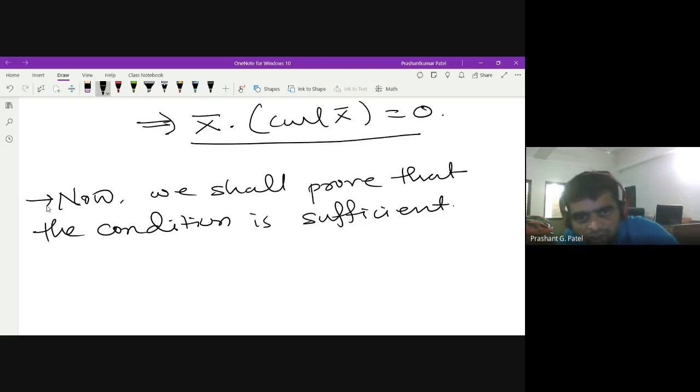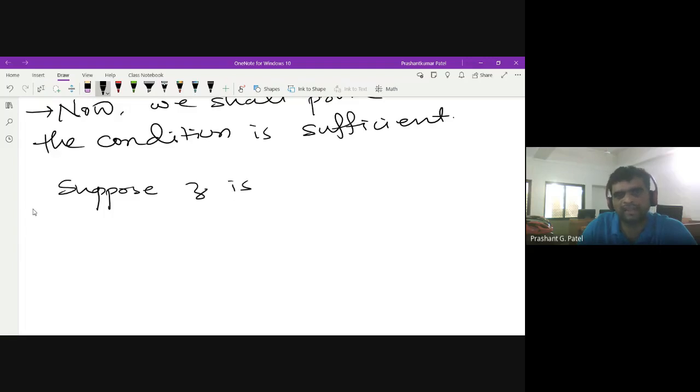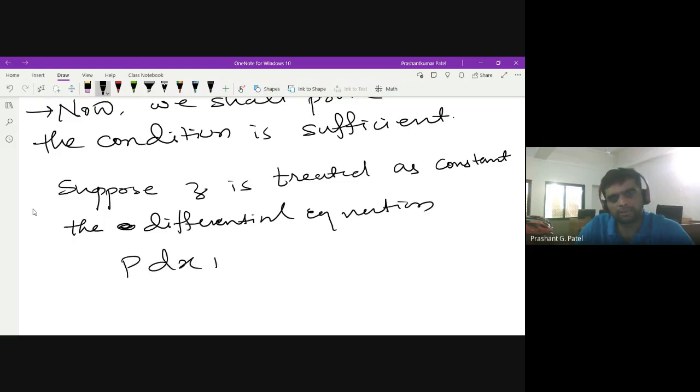So we shall prove that this condition is sufficient. So suppose that Z is treated as a constant, then the differential equation P dx plus Q dy plus R dz becomes,